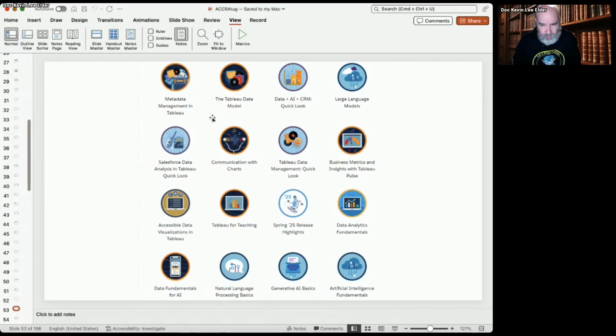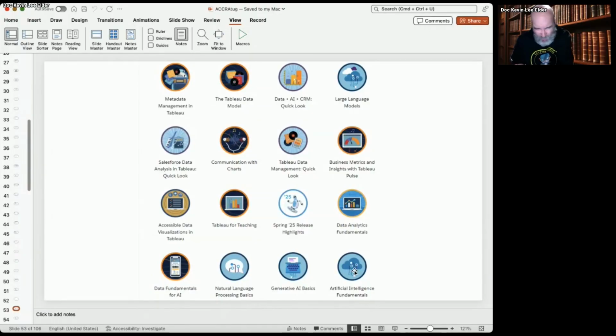And by earning these badges, not only are you learning these things, but you're also showing anybody who comes to your profile and looks, here are the things that you've gone through and looked at. So you can see, recently I've been doing a lot of the AI stuff, taking a look and seeing what's going on with AI, what's Tableau and Salesforce doing with AI, because that's what everybody's talking about.